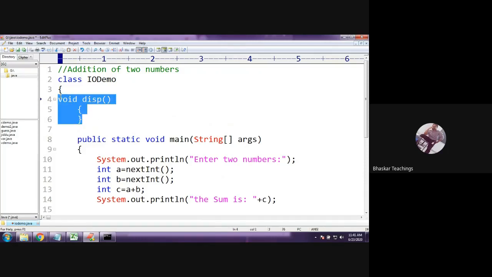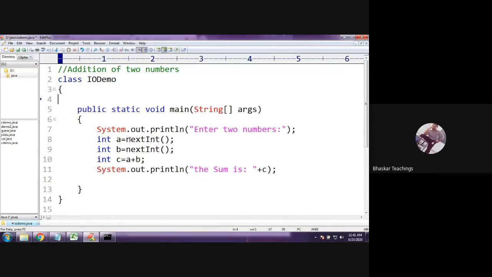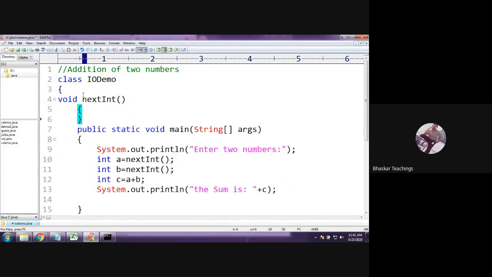This method belongs to the IODemo class, and this is an instance method, so it has to be called by creating an object for this class. You all know. Same way, here I am calling some method, nextInt. This method doesn't belong to our class, right? Do I have any nextInt method here? No. Then how can you call a method which is not available in your class?